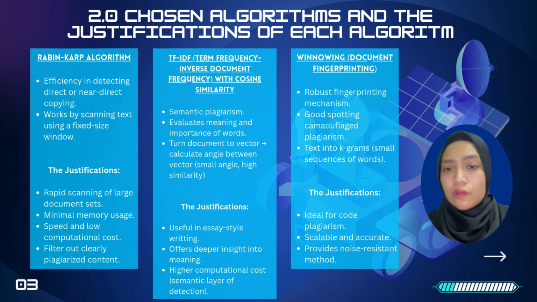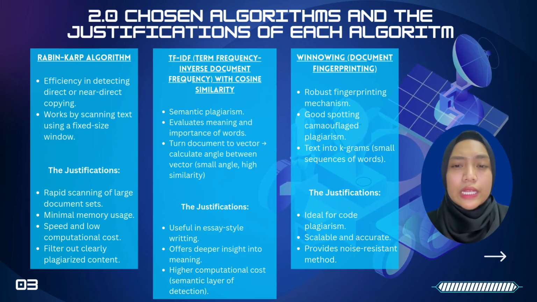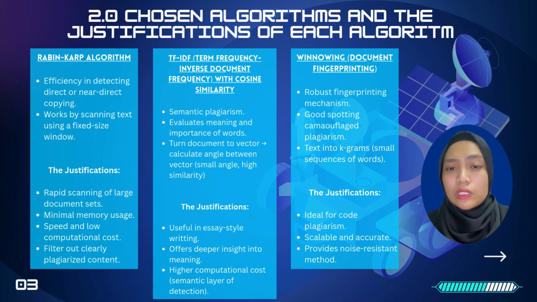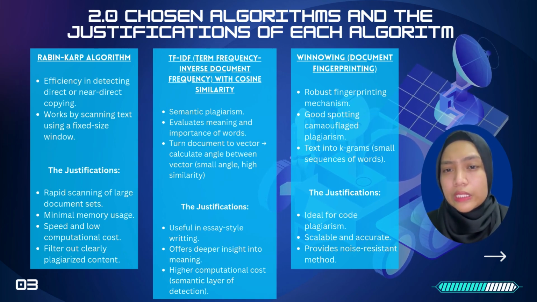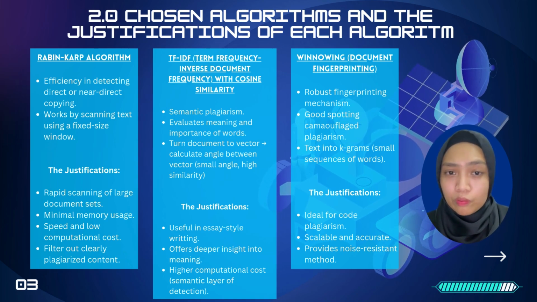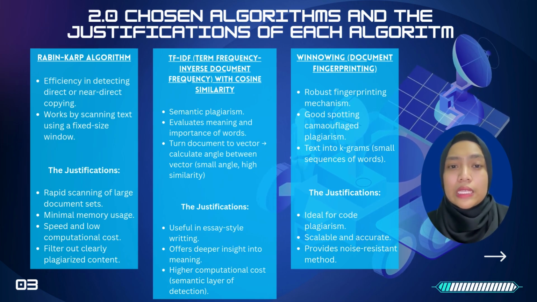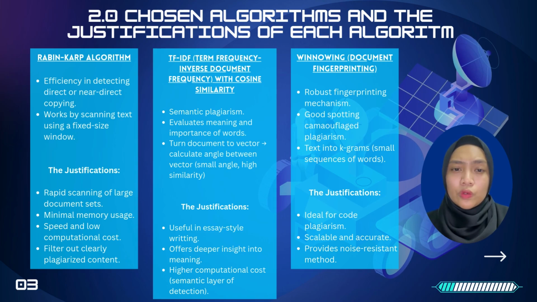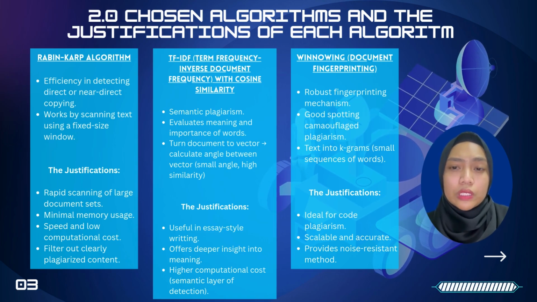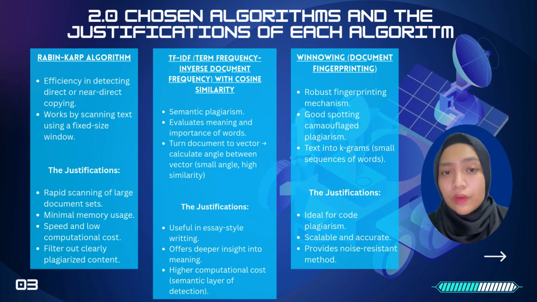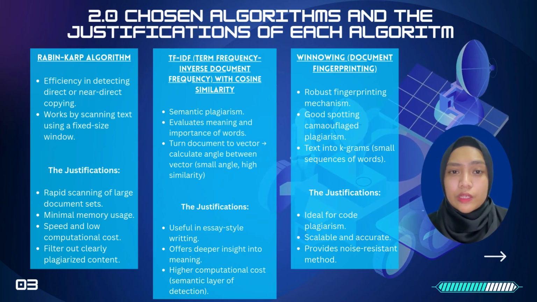What makes Rabin-Karp a strong first layer in our system is its speed and low computational cost. It allows us to filter out clearly plagiarized content before applying more resource-intensive techniques. While it doesn't handle paraphrasing well, we chose not to reject it because it offers an essential baseline capability that other semantic models lack. The second one is TF-IDF with cosine similarity,